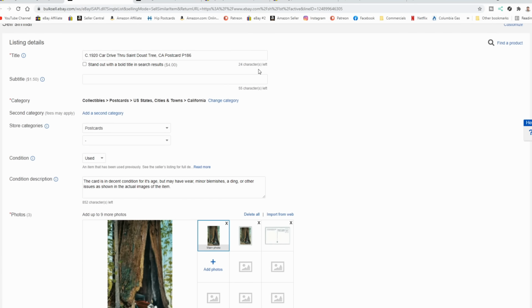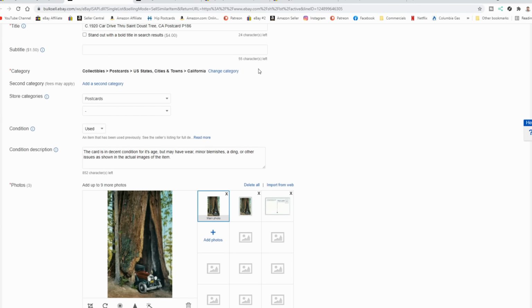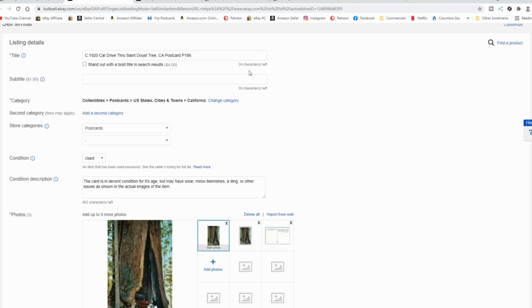Now, all I do when I'm listing anything is bunch them together. So I'll list a whole bunch of postcards all together. Some time savers right off the bat. I don't have to change the word postcard in the title. I don't have to change the storage location. Usually I don't have to change the date structure. If they're all California I list together, I don't have to change that. So I may only be typing in 5 or 6 words for the entire title for this, and that's it,